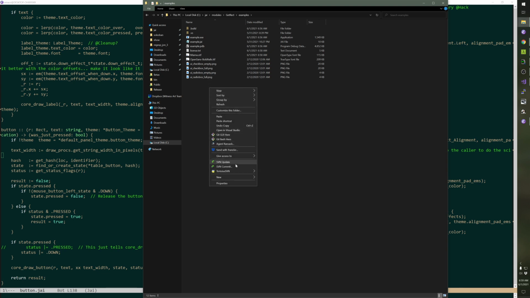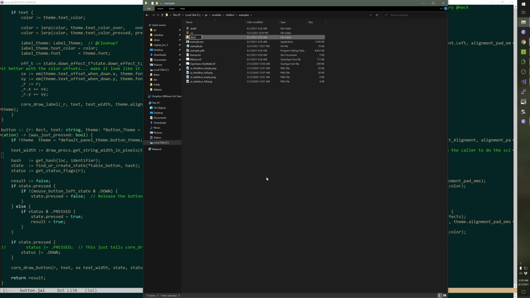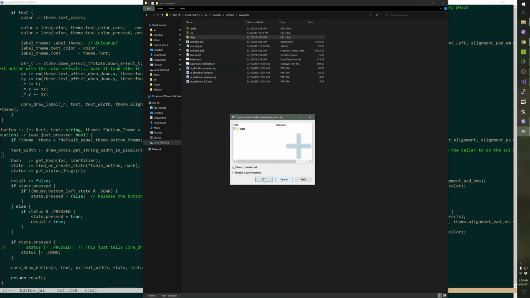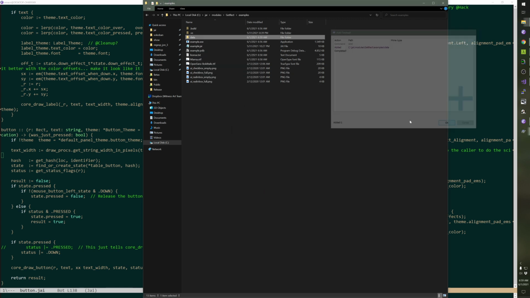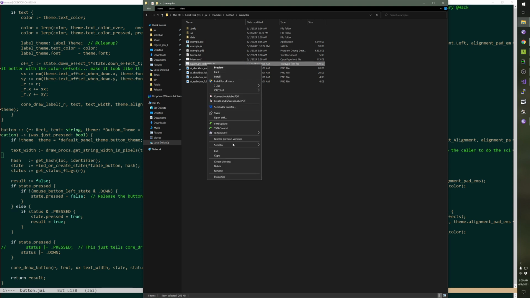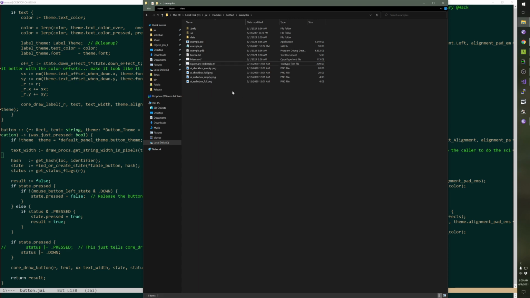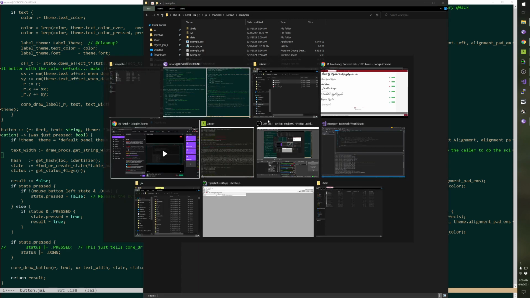Let's make a data folder. Gonna move this. How do you move? Is there not even a UI for it? All right. So